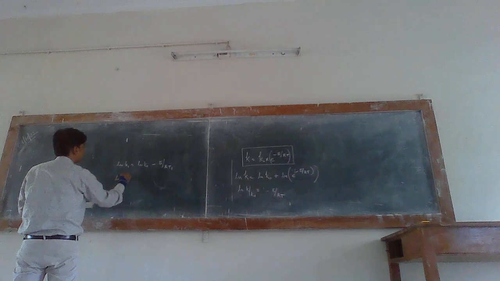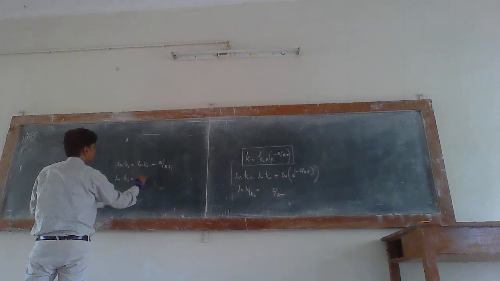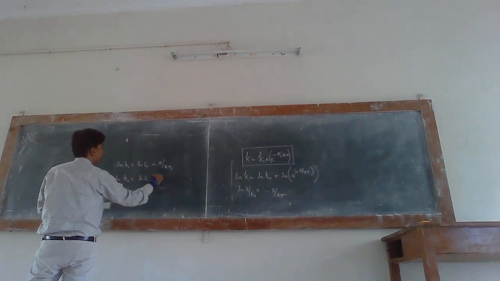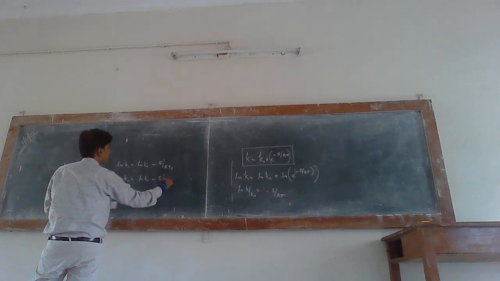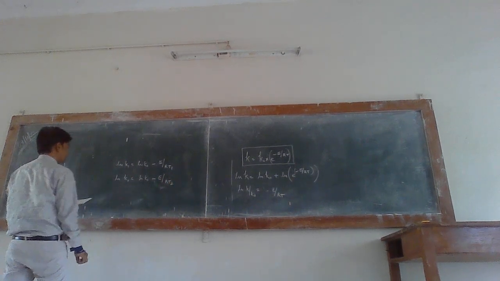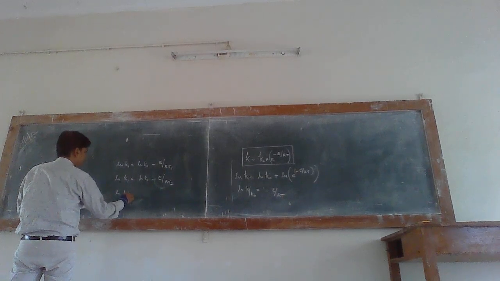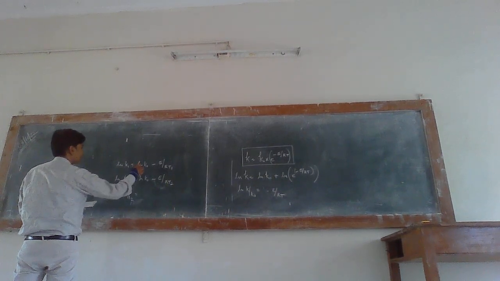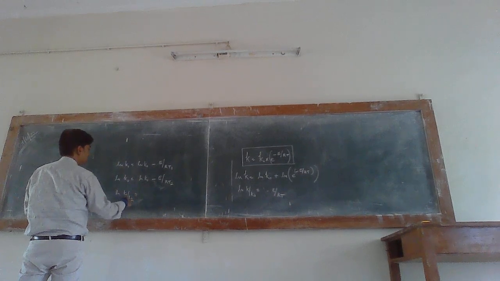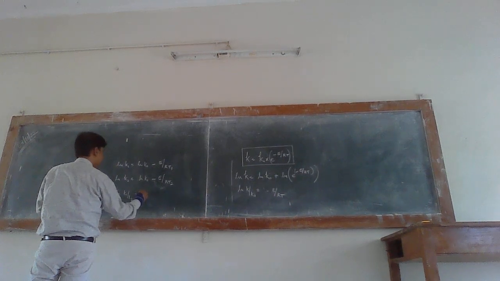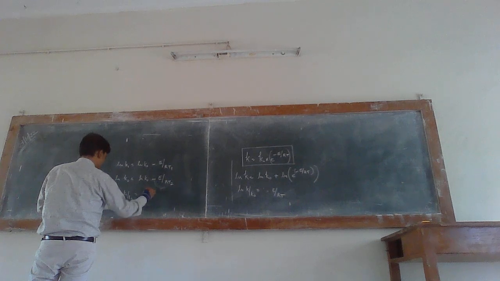If I write for the second reaction at a different temperature, I may write with 2. So if I subtract equation 1 minus equation 2, this will be cancelled and I am left with E by R into,